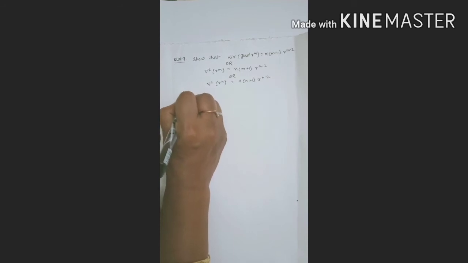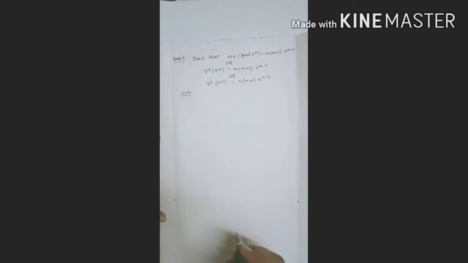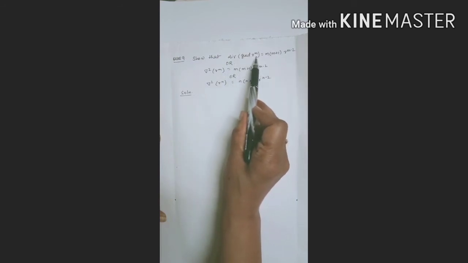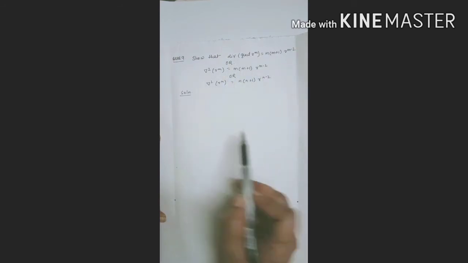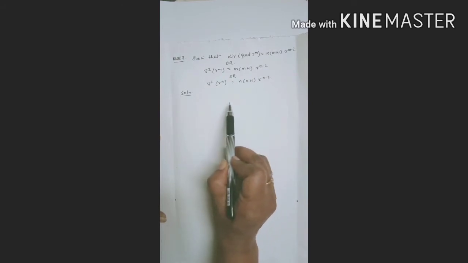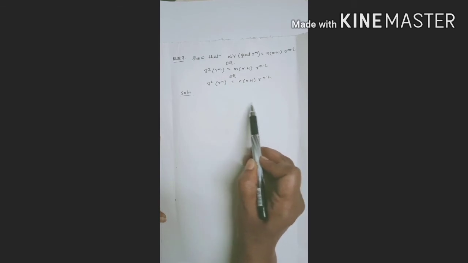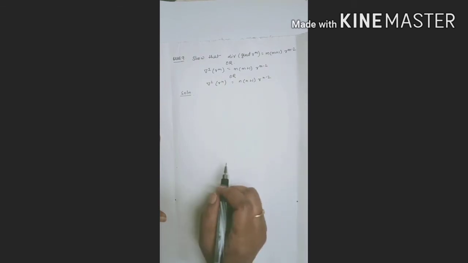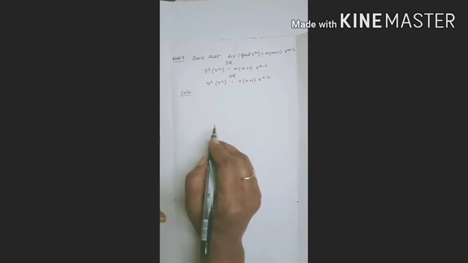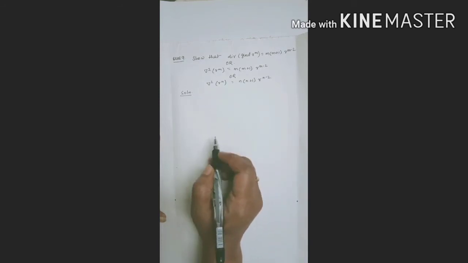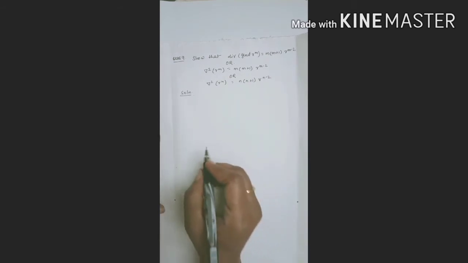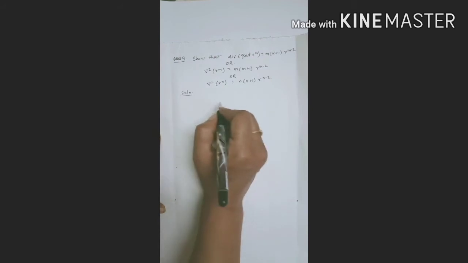So this question, since it involves divergence and gradient of r to the power m, instead of doing for i, j and k, we will put summation and do it for i and duplicate it for j and k. Instead of doing for three variables i, j and k, we will do for i with a sign of summation, and we will repeat for j and k later. So let's see.